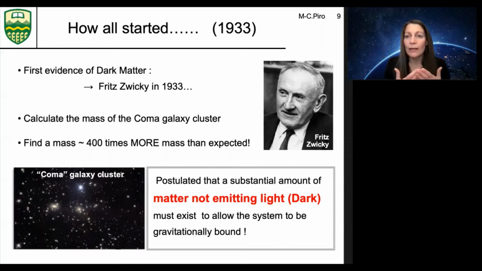So he was surprised to find that if this estimate were correct, at the speed at which the galaxies were moving, they should have flown apart. Due to that, he postulated that a substantial amount of matter, non-emitting light, must exist to allow the system to be gravitationally bound. And it's 40 years later that finally we said, okay, there is dark matter, thanks to Vera Rubin,